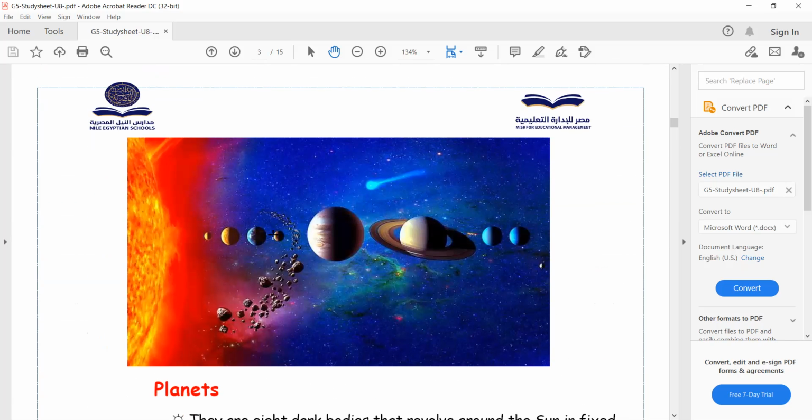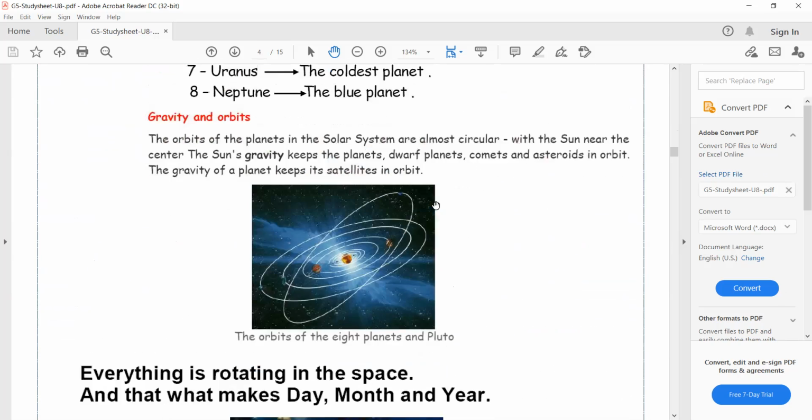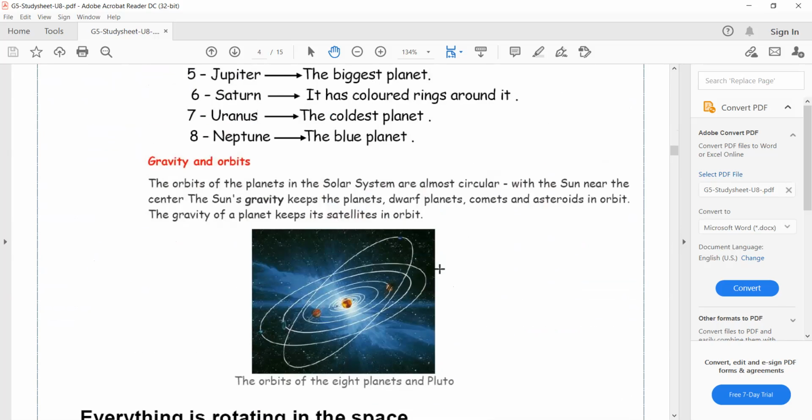The gravity of the Earth attracts us toward or holds us on the surface of the Earth. And the gravity of the Earth makes the moon rotate around the Earth. Also, the gravity of the sun makes all the bodies in the solar system revolve around the sun. So, the gravity of the sun keeps the planets and the other bodies in the solar system revolving around the sun in